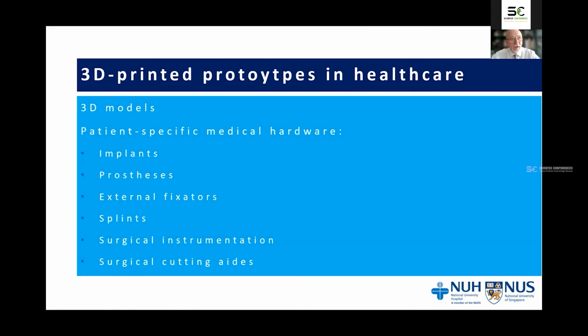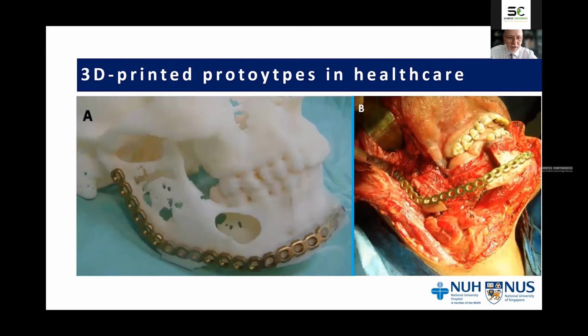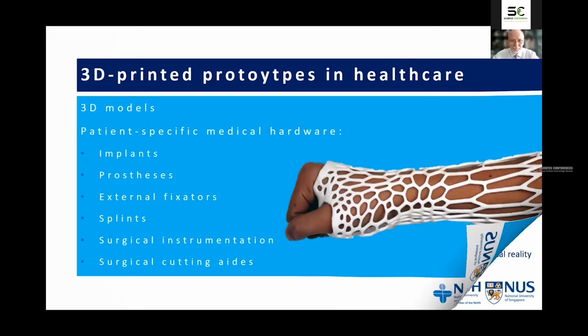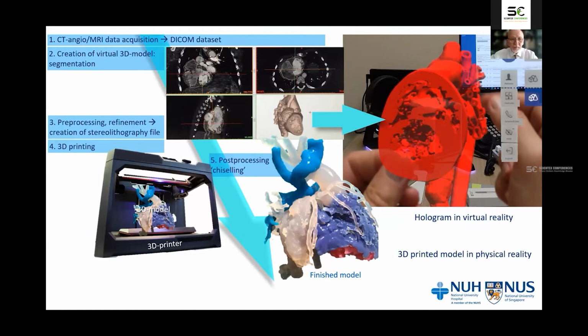When we are talking about 3D printed prototypes, we are basically talking about two types of models. One of them is 3D anatomical models. The second one is patient-specific prostheses, implants, external fixators, splints, surgical instrumentation. This is what I'm not going to talk about right now because we are not as yet there. What I'm talking about is the anatomical models,